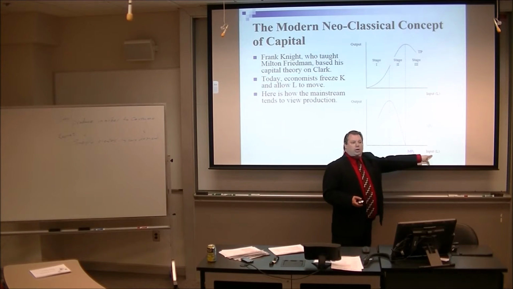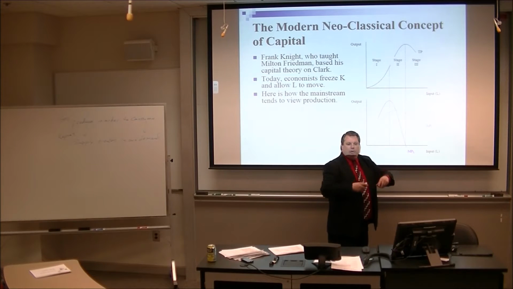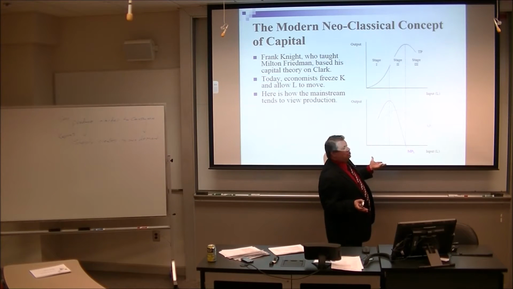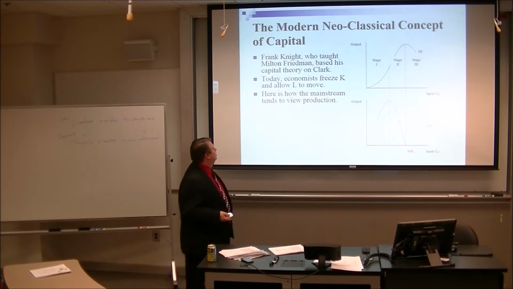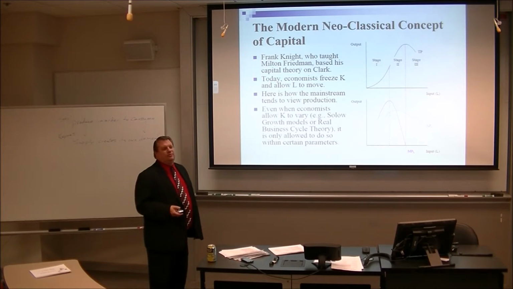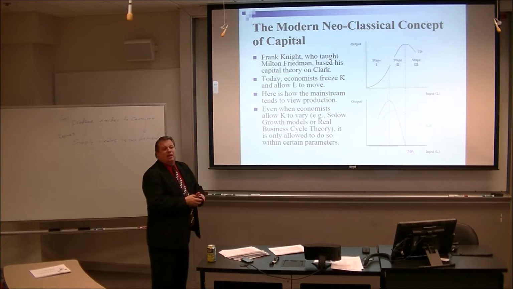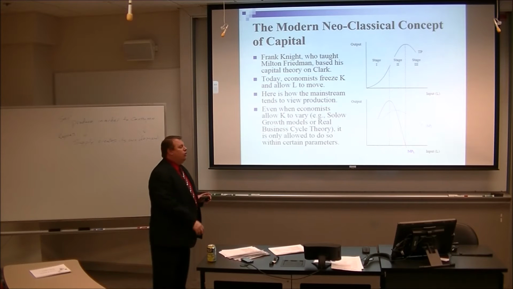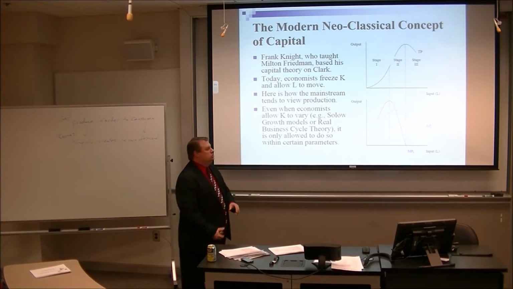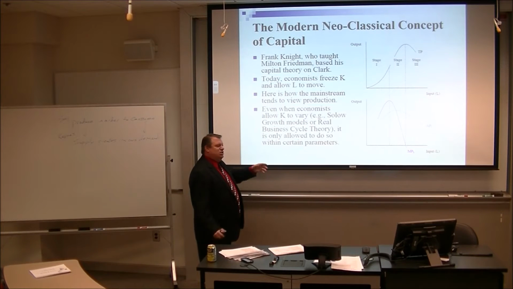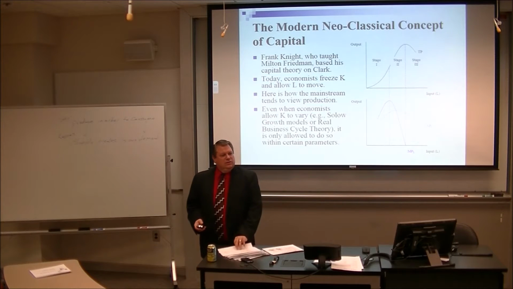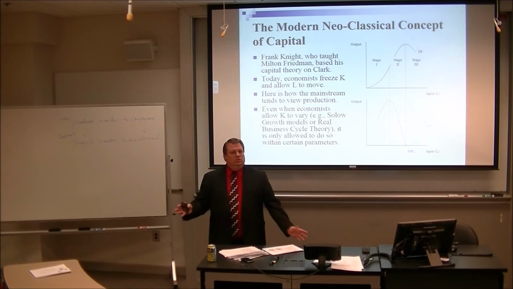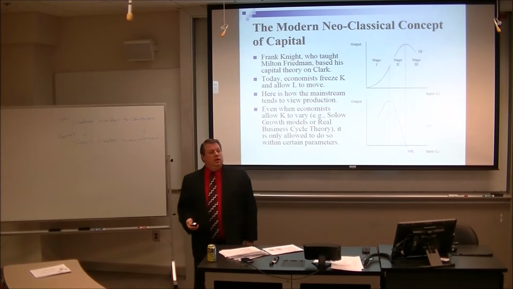So here's our single input, one input L. We're only varying it in terms of quantity. Quality is frozen, right? And where's capital? There's no capital, right? And so where do we operate? Knightian stage 2, see? Done, easy. That's how we look at production in the mainstream. Even when economists allow K to vary, like in the Solow growth models, or even the real business cycle theory to some extent, it only is allowed to do so within these very narrow parameters. Right? So they're afraid to even look at changing capital from a homogeneous blob to a heterogeneous structure.